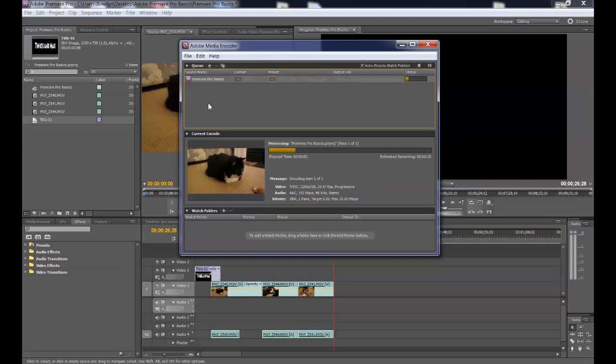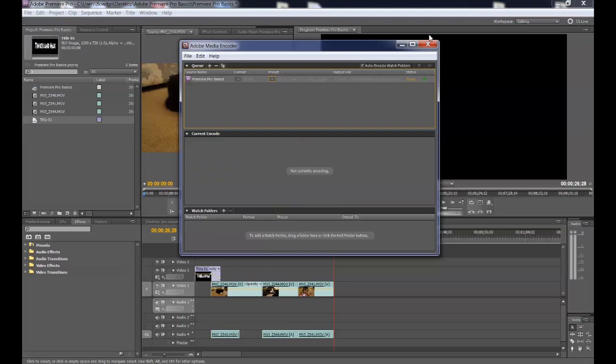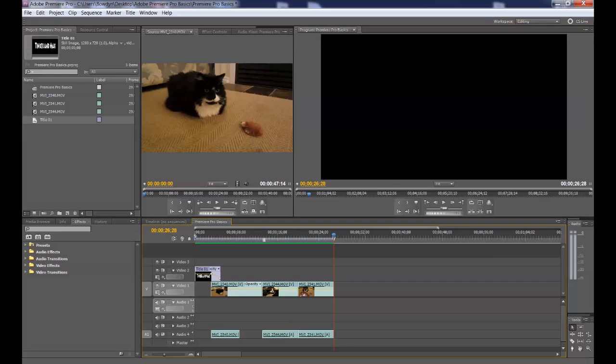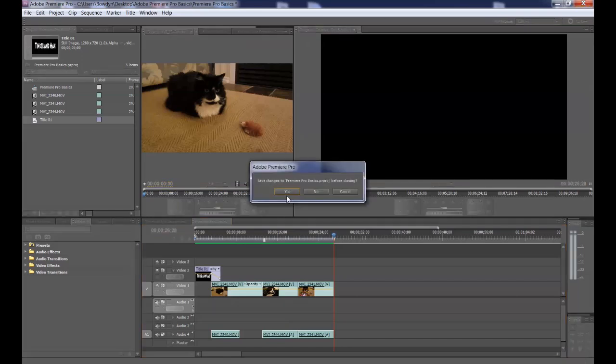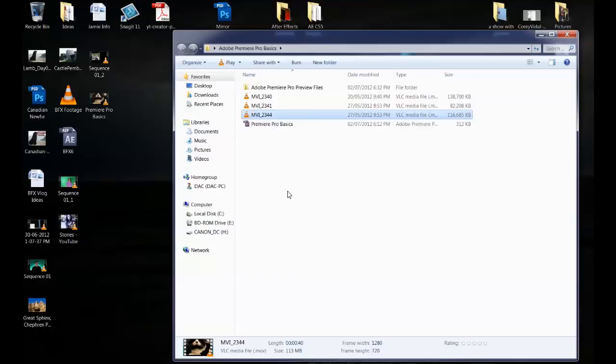Now, with a small video like this, you'll see it play out in the preview window, but a small video like this is not going to take that long to render at all. There's no special effects. It's very simple. And once you're done, you'll hear a nice chime. There we go. Now you can actually close Encoder at this point. You can close your Pro if you want, and select yes to save it. And then on your desktop, or in my case on my desktop, will be a video, Premiere Pro Basics. And when I double click on it,